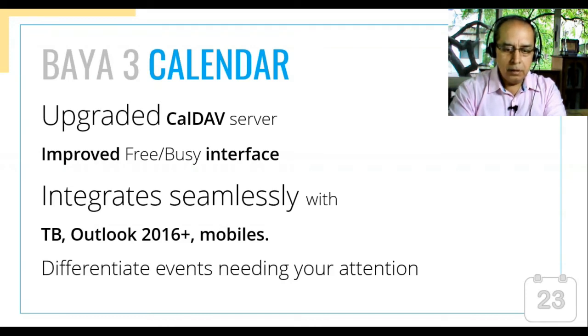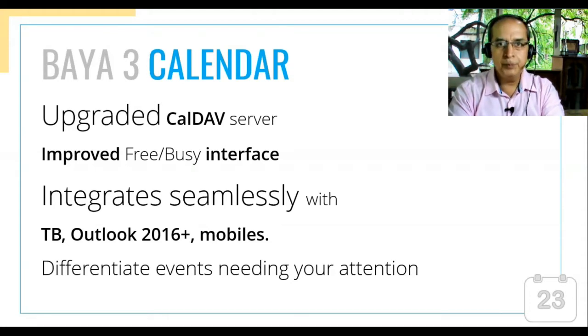The important thing here is, in case you get an event which needs your attention, for example, I need to either decline or accept it, those events are highlighted in a dotted line to bring your attention to them. So there is no need for you to track email. If you look at the calendar, you will know what to do, right? So that again is a big boost in productivity.